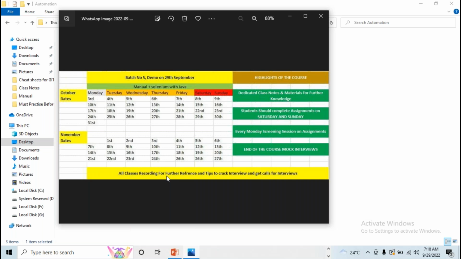Any suggestions on the timetable? I hope this is a better timetable to get more practical hands-on. Any suggestions? Only on Monday we have to ask the doubts. So the Monday session would be only for the doubts, right? Yes, you can ask doubts in any session, but Monday is dedicated only to doubts. I won't teach anything. Getting my point?